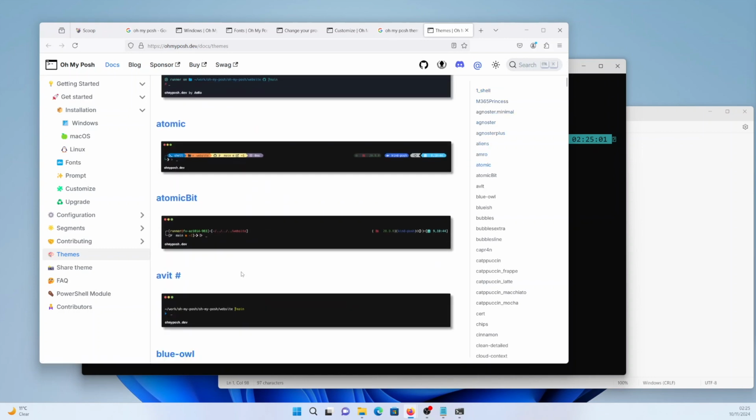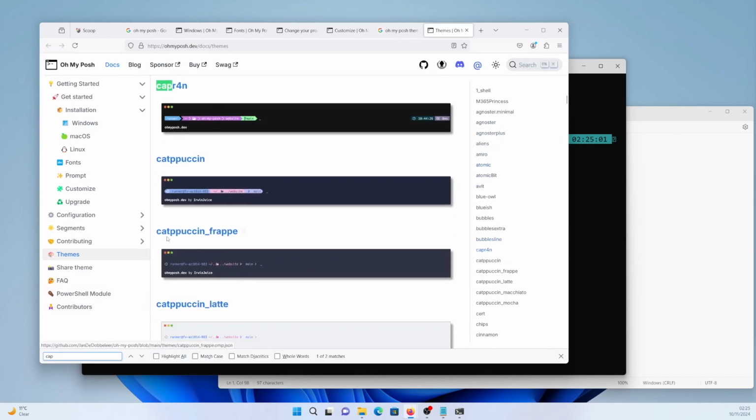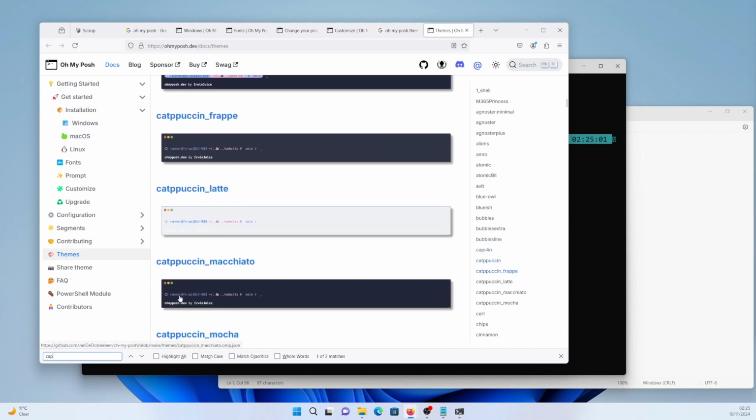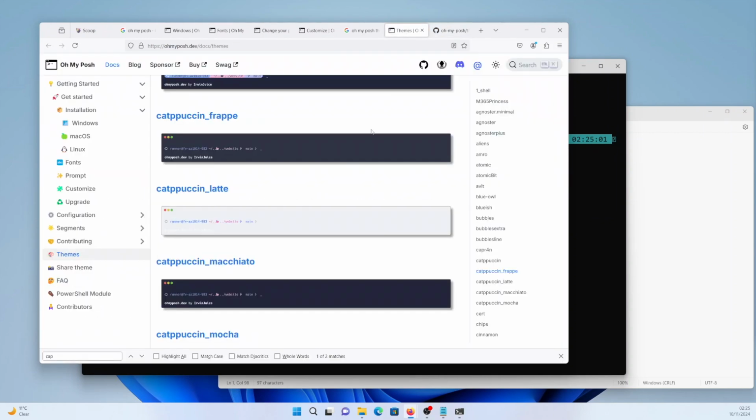There is an option where you can search by hitting Control and F and typing in the first three letters, CAP, and we're going to use the cappuccino latte. And there is also an option where you can use the JSON format. So let's copy the cappuccino latte